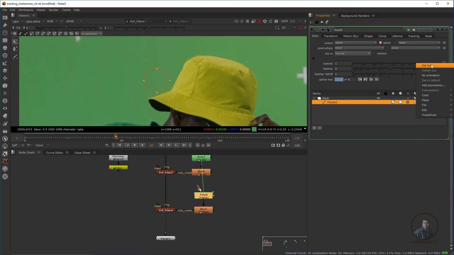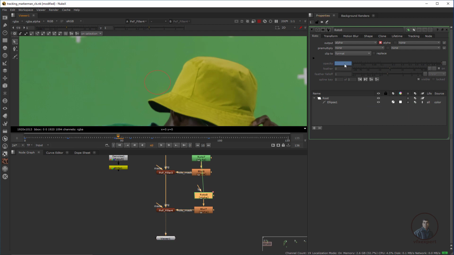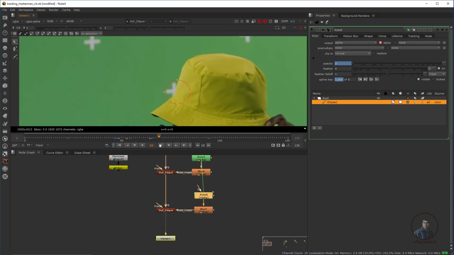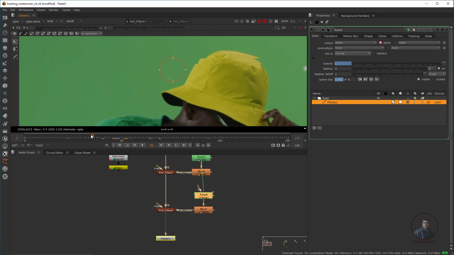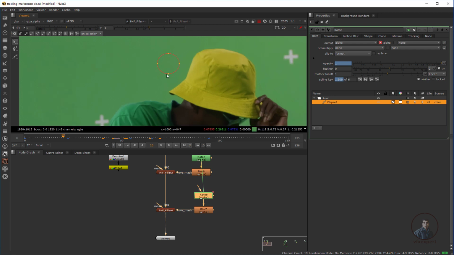Right click, set key, value is 1. Then in the next frame make it 0. Remember to select this shape and make it 0. After this, it will show you the original marker. Until here, I have removed this tracking marker using this filler node.